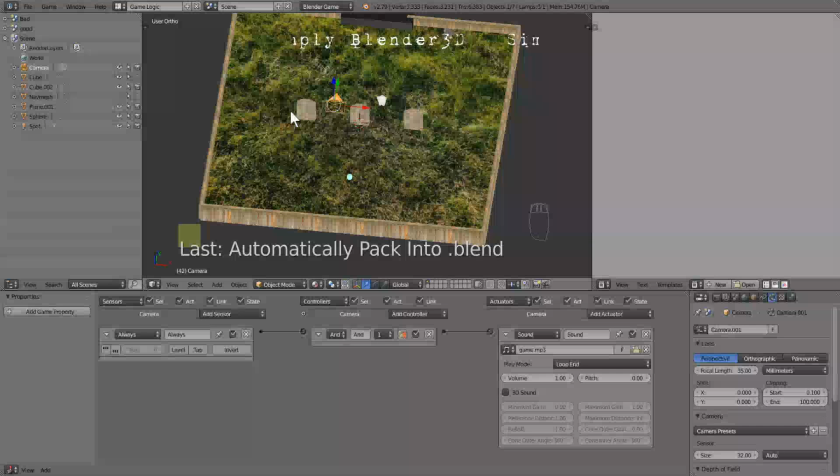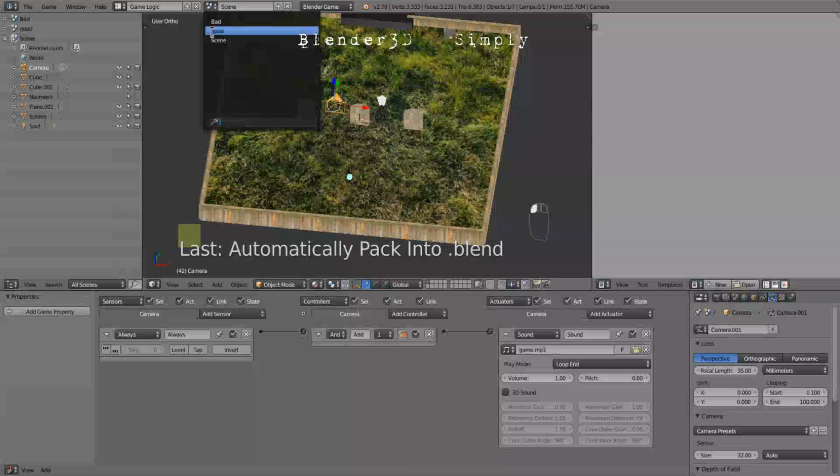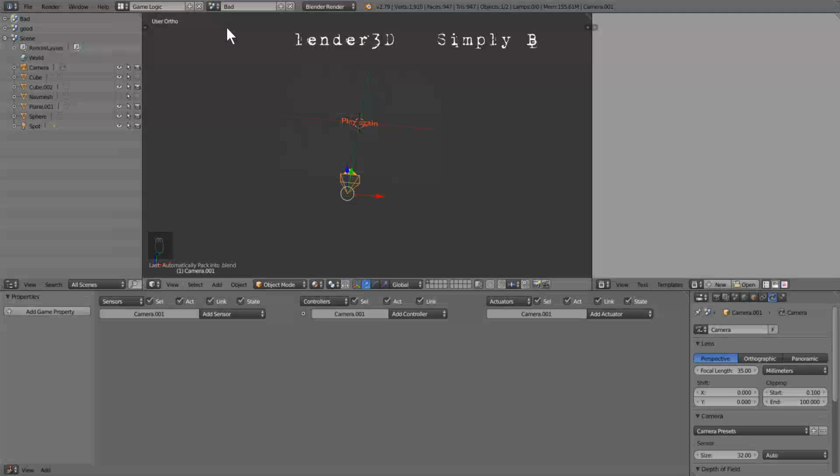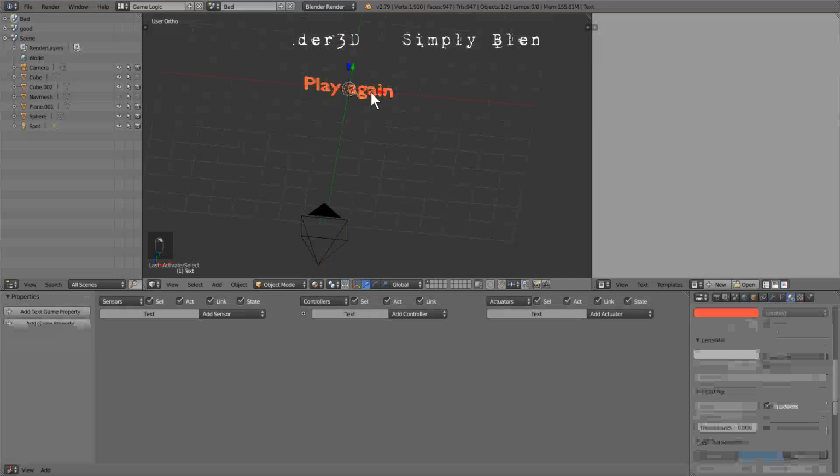So the one line, well, I guess since we're going there anyway, let's just do it. Let's change the scene here, and let's change it to the bad to start with. And scroll in and right click on the text here, and what we want to do is